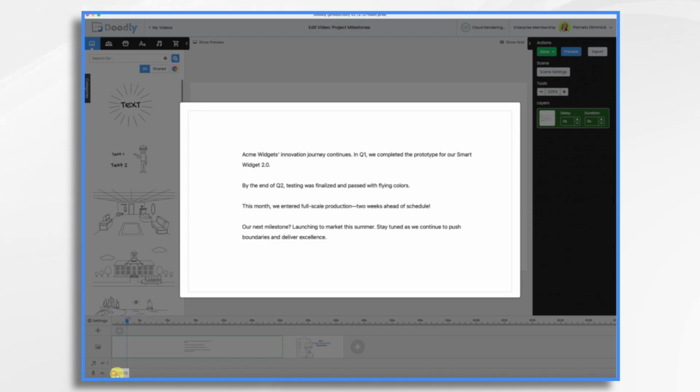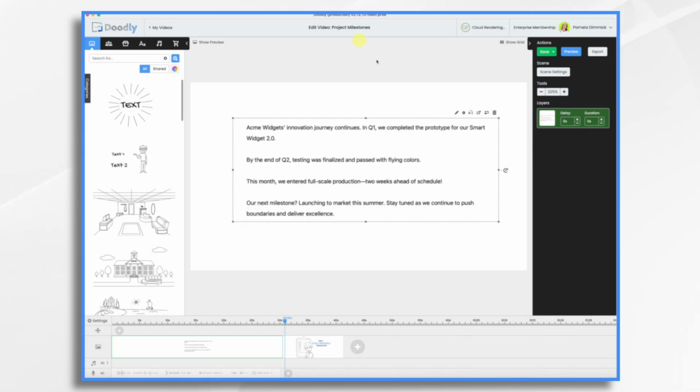Acme Widgets' innovation journey continues. In Q1, we completed... Okay, so that's how you can use a little cheat sheet to help you with your